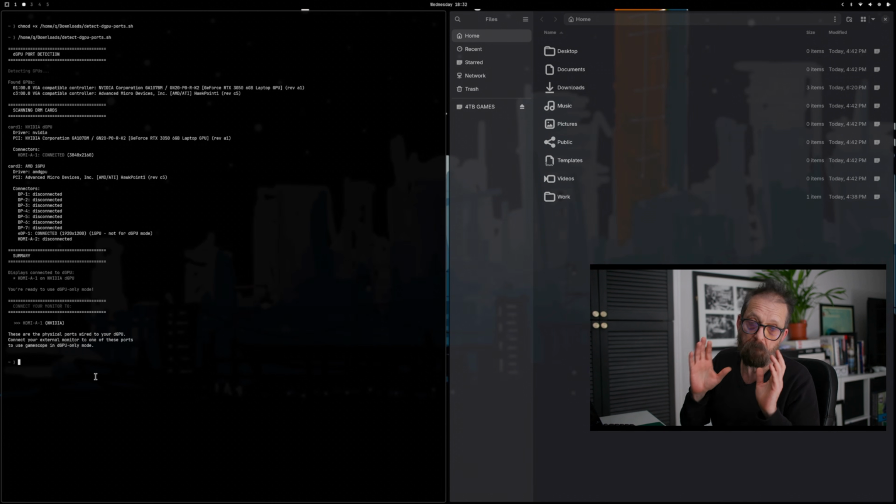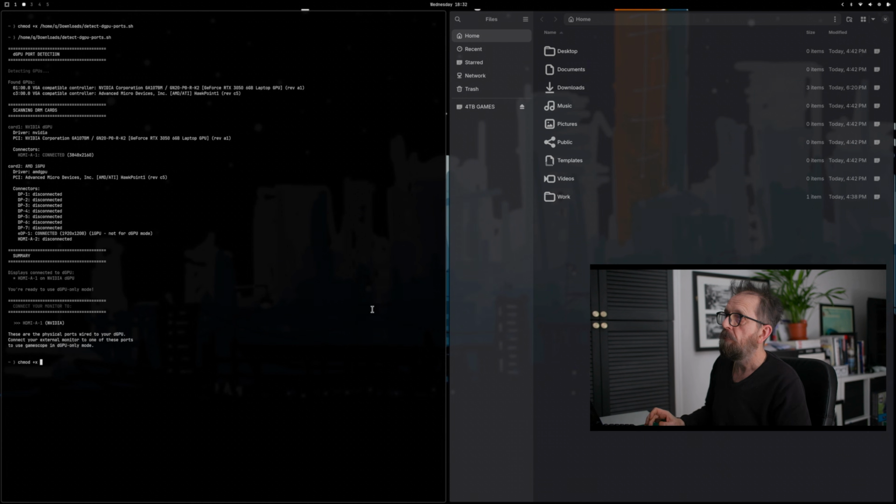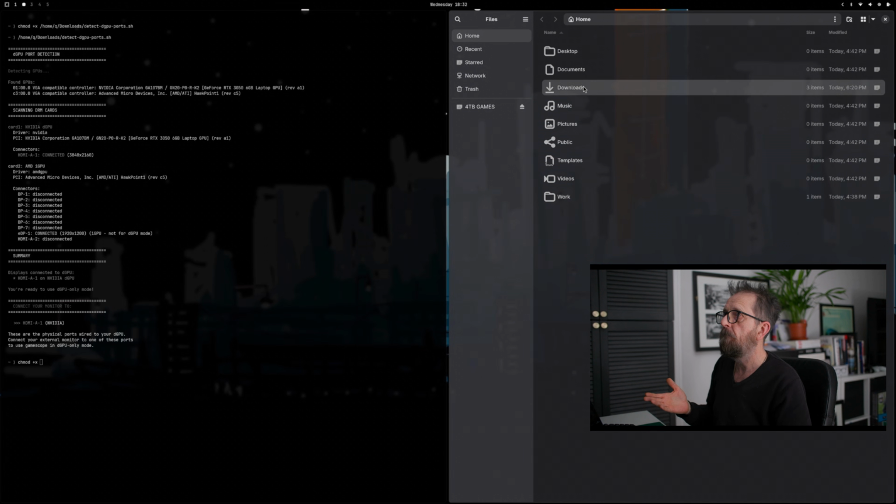So what we'll do, we'll install the script, and I'll talk you through parts of it. And remember, this is the installation on an iGPU setup, because when we switch over to MUX, I'll restart this, go into the BIOS, switch the MUX on, and you'll see the difference in how it works. So anyway, chmod plus x, and then in my downloads somewhere is my